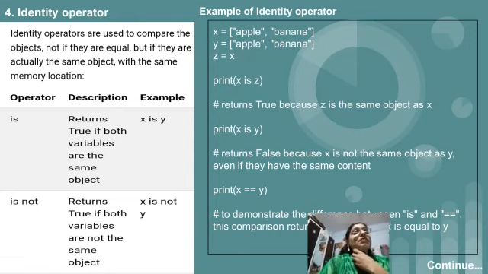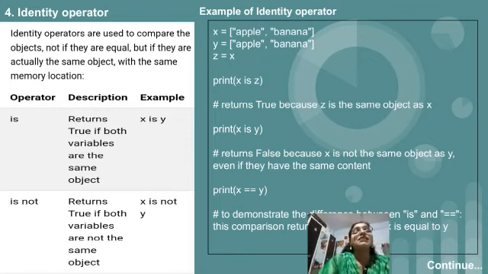After that, the next statement we are trying to print is print x is y. Now x object is different, and we have not assigned the value of y to x or the value of x to y. Even though they have the same components, the same elements in their list, both having apple, banana, it compares, as they said, that identity operator means they not just check the content but also check the object.